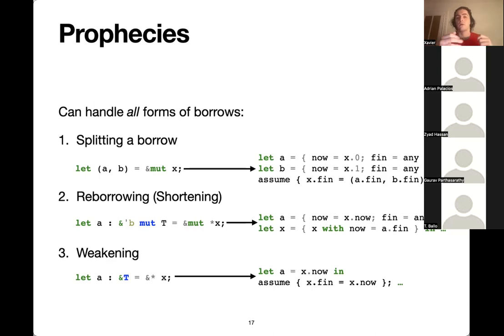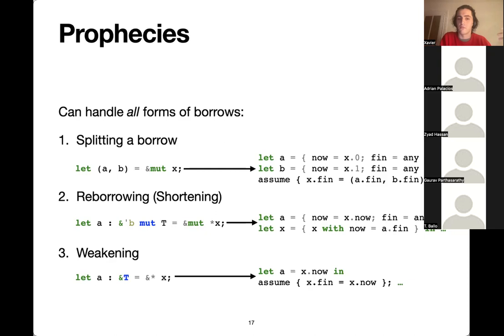And so the prophetic approach actually can handle pretty much every form, every pattern we have for borrowing in Rust today, whether it's things like splitting borrows in two. So we can, of course, if we have a borrow and a pair in Rust, we're allowed to take out borrows on the fields of the pair or of a struct or of any type in general. And in the prophetic model, we can handle that quite naturally by just creating borrows on the subcomponents and just resolving the previous prophecy to be the pair of the new ones or the struct of the new ones or whatever.